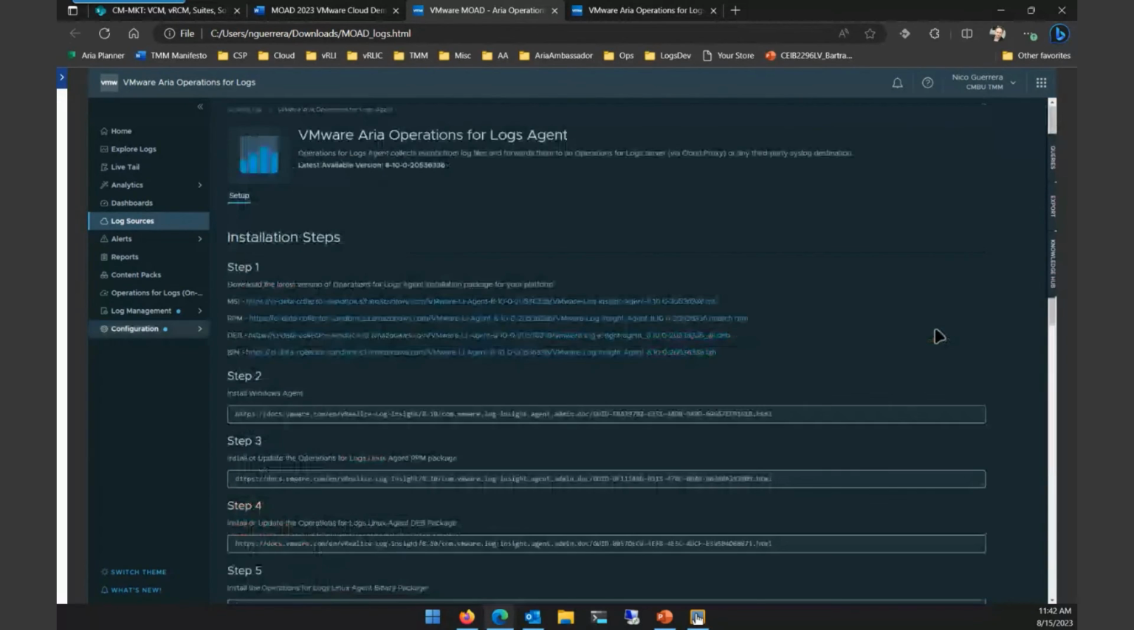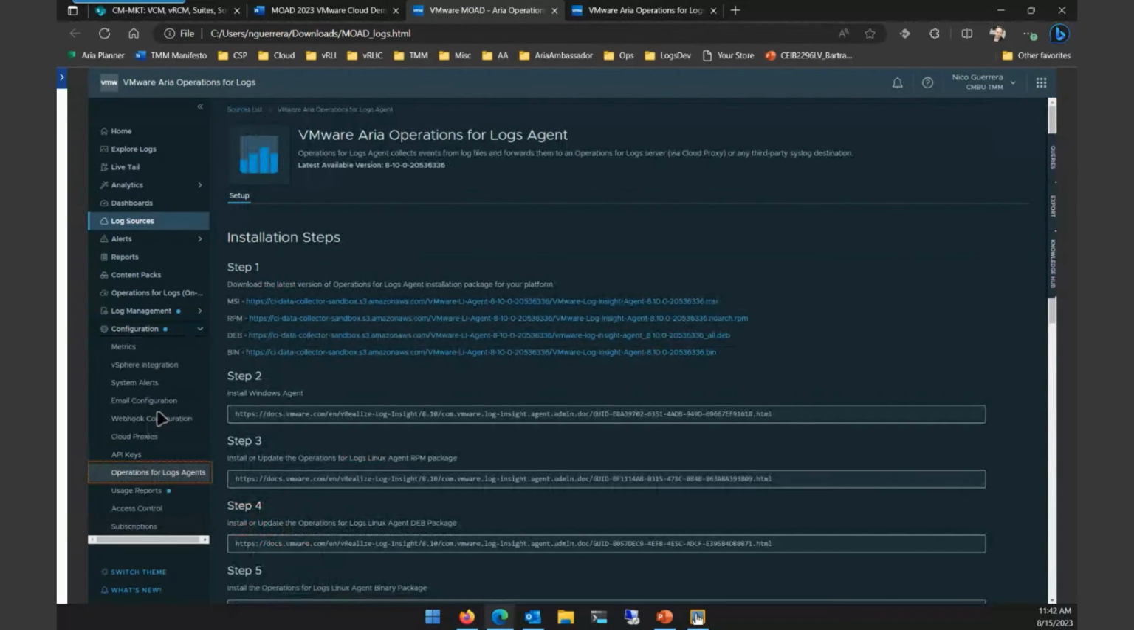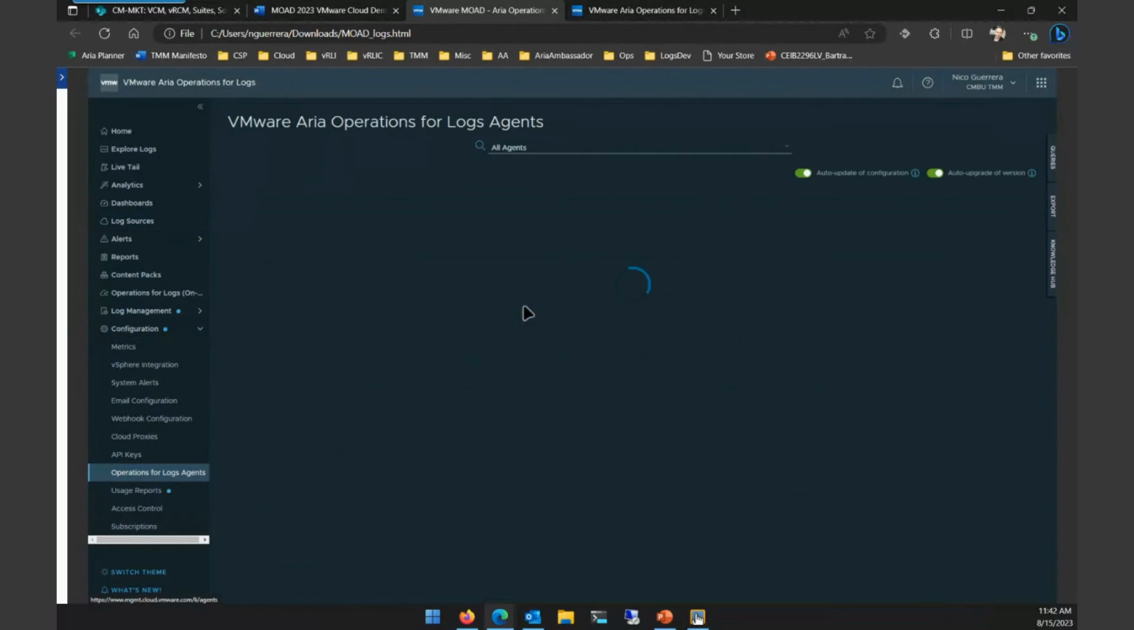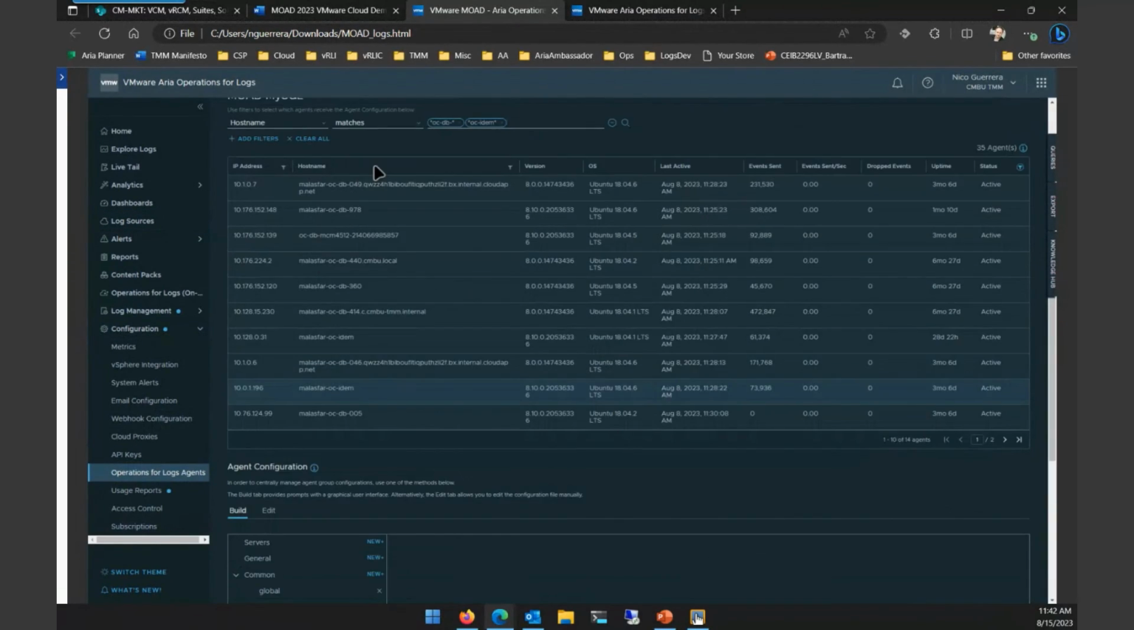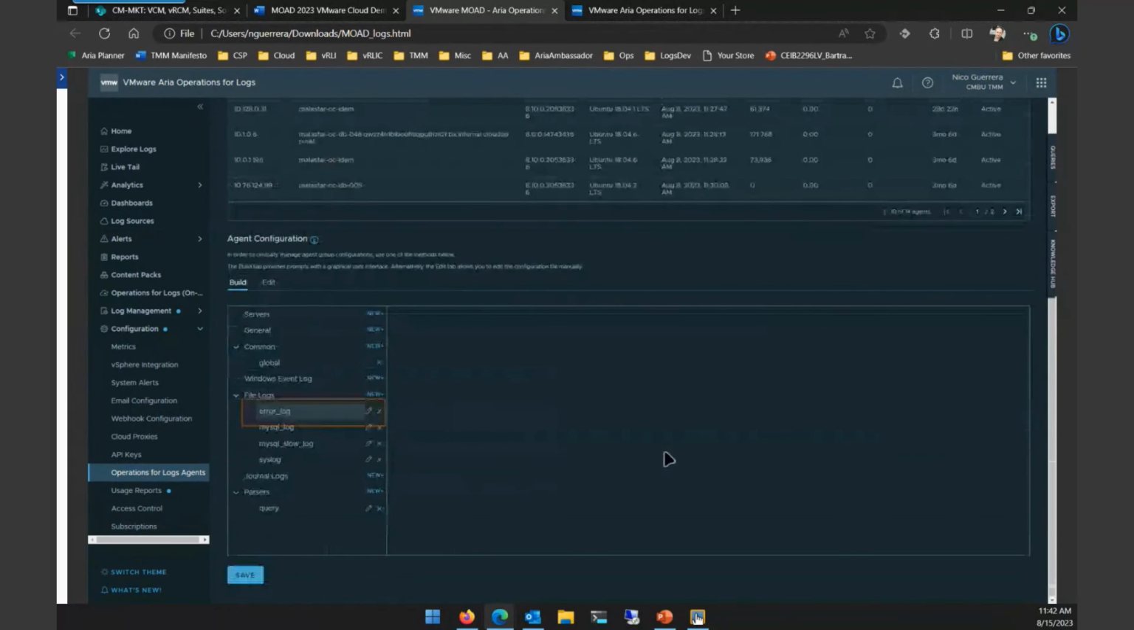So, once you have this configured, we go to our configuration here. We go to our Aria Operations for Logs agents. We break it down to our MySQL agents. And so you can see we have a few MySQL agents here that are running, pulling information from Ubuntu servers that are running MySQL. And so if you want to see exactly what we're collecting, we have an agent configuration down here at the bottom. So if we click here,